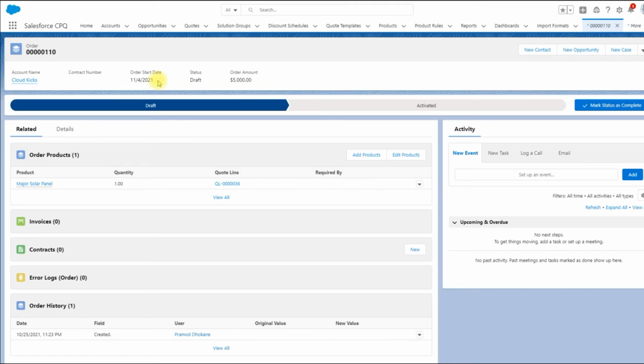And another disadvantage, not exactly a disadvantage, but the downside of this plugin, is that if you are planning to split the orders from the same quote and want to set different start dates, then this particular plugin will not help you. So keep that in mind before going for this plugin. If you have a requirement where you need to generate multiple orders from a single quote, then this plugin has no use at all. So think about that before going for the order management plugin.